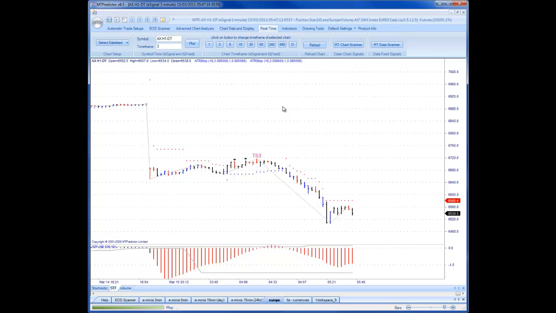In this video I'd like to take a quick look at a 3-minute chart of the DAX. This is unfolding here in Europe this morning, Tuesday, March the 15th. But it's a great example of how position sizing can help you make money overall, even when you have less winning trades than